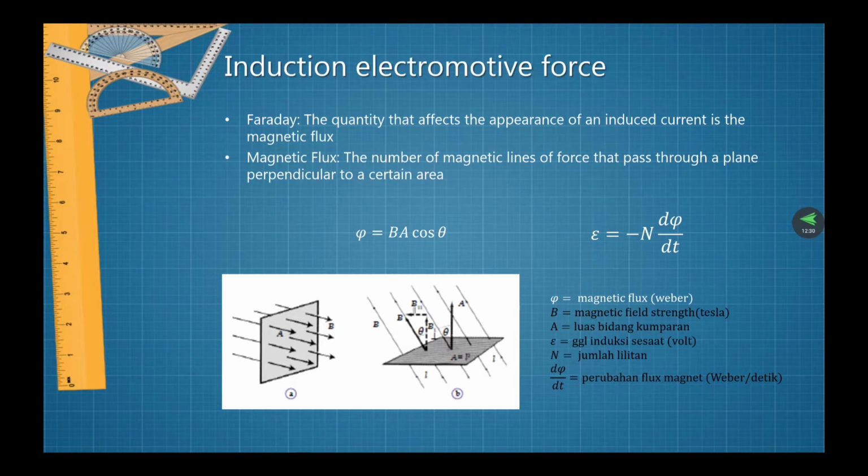This is the illustration of the induced electromotive force. We can see that delta is equal to B dot A dot cos theta, where delta is the magnetic flux in Weber, B is the magnetic field strength in Tesla, and A is the area of the coils, and then